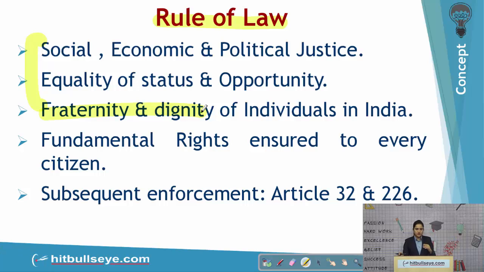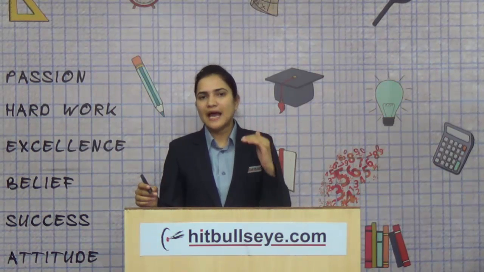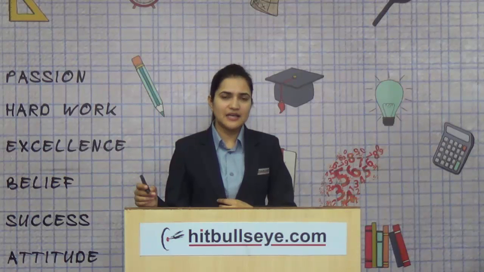Another factor in the Constitution which ensures rule of law is that fundamental rights are ensured to every citizen of our country, and in case your fundamental rights are violated, the violation may come from an individual or it may come from a government agency. You can take recourse to Article 32 and 226, which talk about writ jurisdiction of the Supreme Court and High Court respectively. Now, you can approach the High Court and Supreme Court directly the minute your fundamental right is violated,